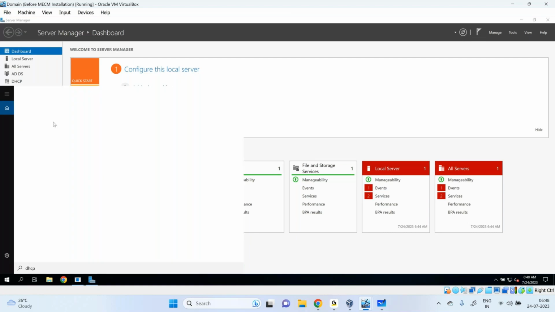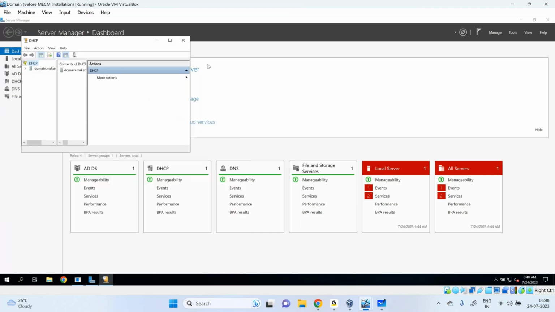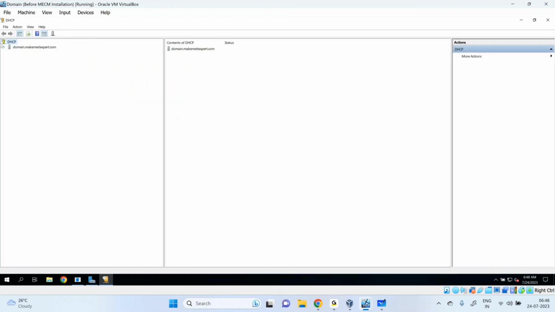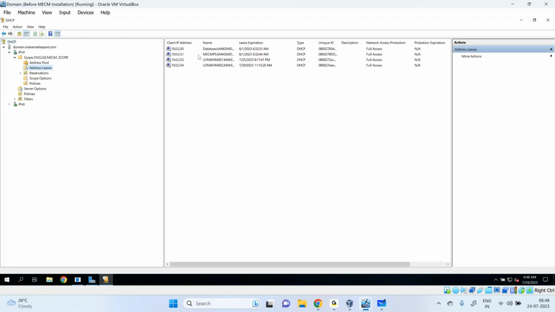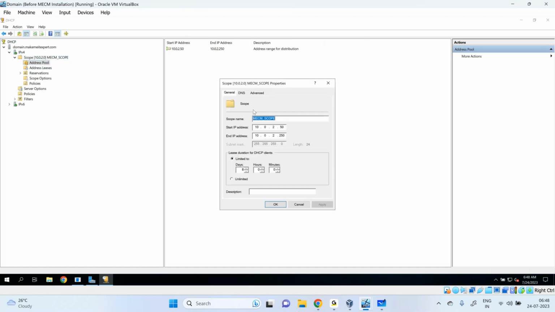Now the main purpose of DHCP is to supply IP addresses to the devices on the network. So I've created a range of IP addresses here. Scope, address lease. Okay. So now I've given a new scope, and the IP is starting with